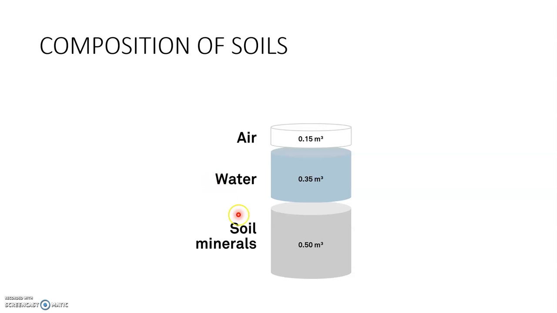in the previous sessions. We need to dry the soil and then measure the weight. We then subtract the dry soil weight from the previous wet soil weight and measure the amount of moisture that evaporated. So that is the way to measure the amount of water in the soil. This content varies depending upon the soil. In sandy soil, this is very low. In clay soil, water holding capacity is very high.